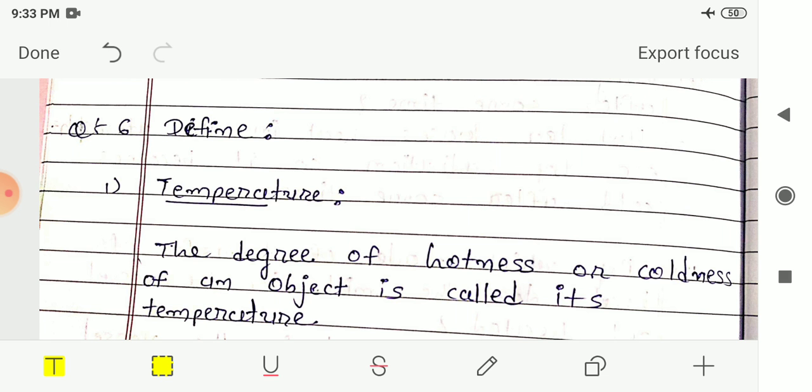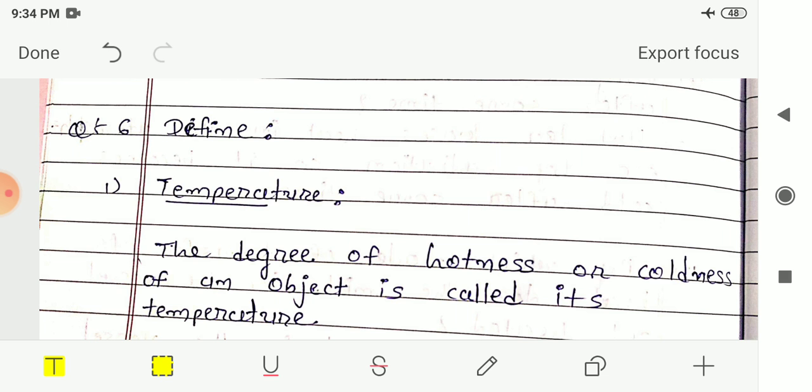And the process of transfer of heat from the hot end of a solid object towards the cold end is known as conduction. Then we had seen some examples in which the heat is transferred by this method of conduction. So solid substances like metals become hot due to the process of conduction.